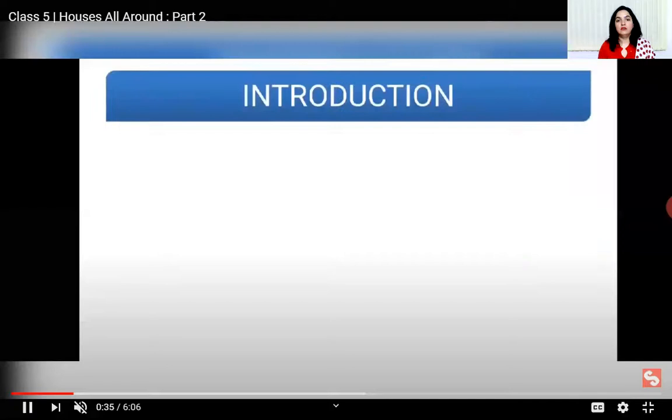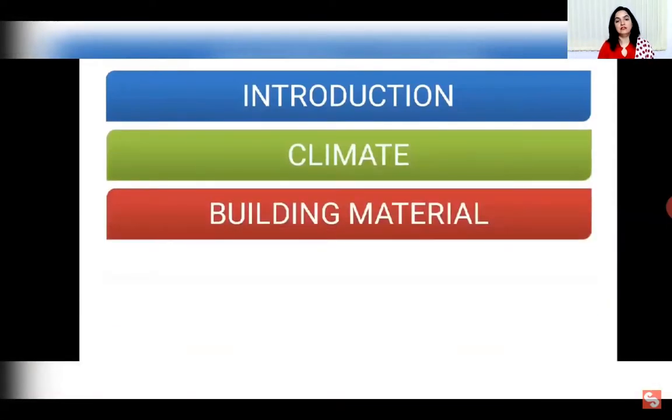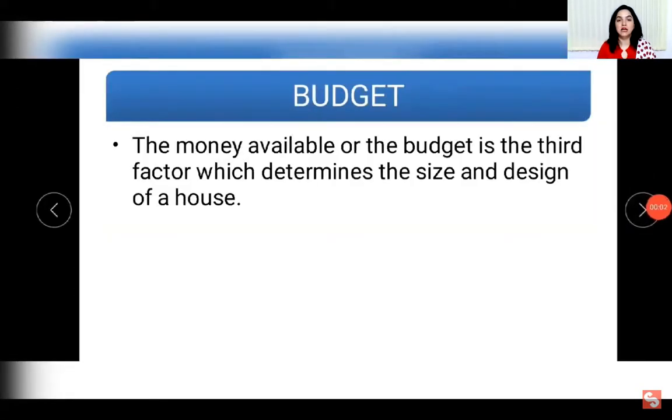We have already discussed the introduction of the house, like climate. If you're building a house, the roof also depends on the building material that is available. Budget is the most important factor, the third factor which determines the size and design of a house.